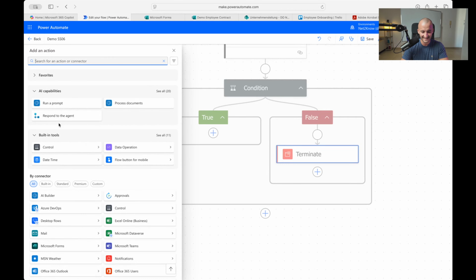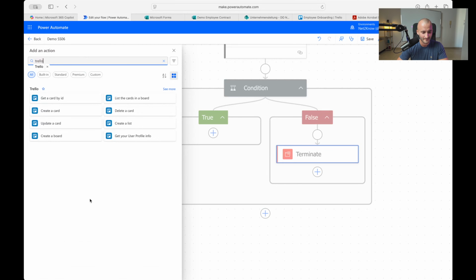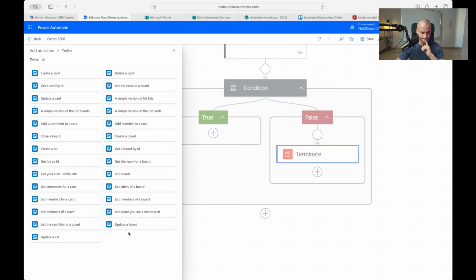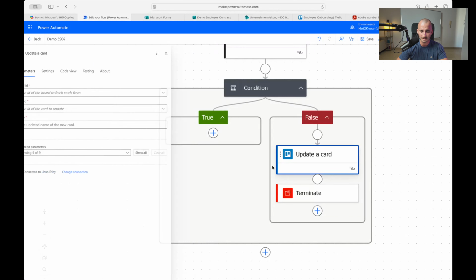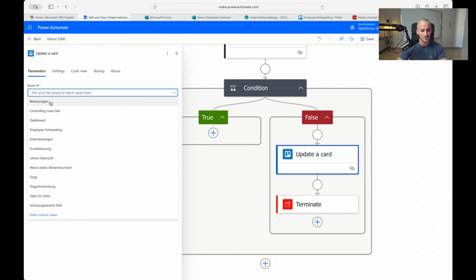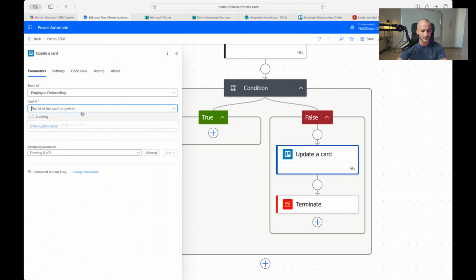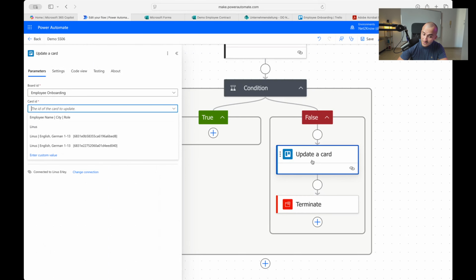And I'm going to say Trello again. Let's click on see more. I feel like there is more. Yes. And now we can either update a card here, or you could delete a card. I actually never did that. I think that would be pretty cool as well. For now, let's update a card. I think it's probably better for demonstration purposes. So we're going to, again, go to employee onboarding, the card ID. Now, what card are we moving? We are not